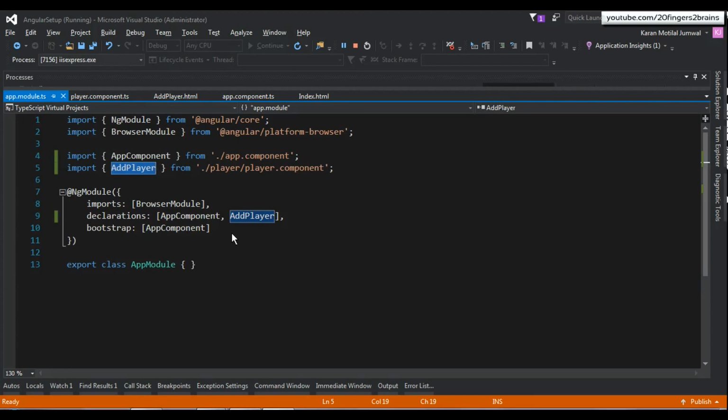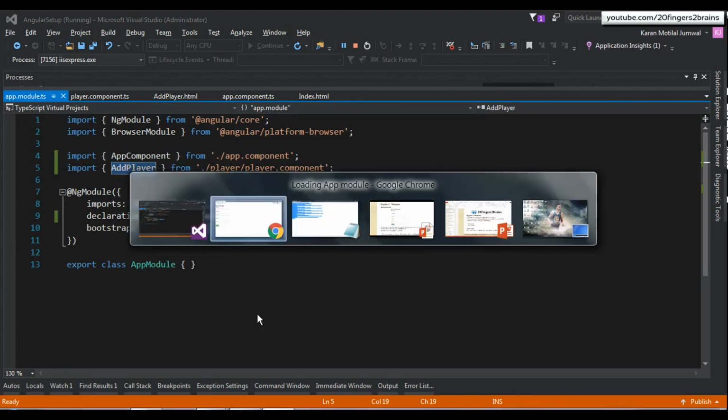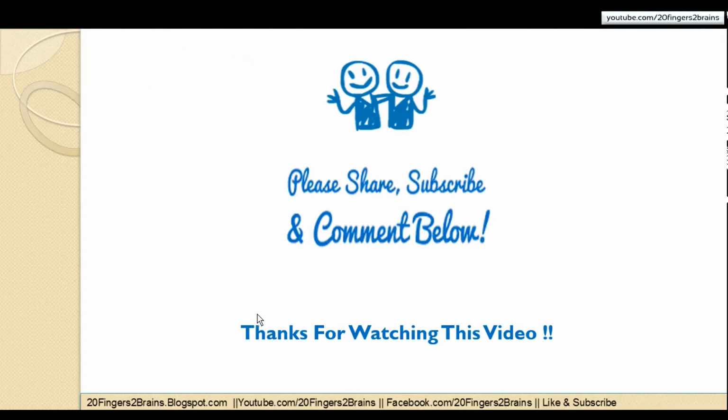So basically you are registering it into the scope of the app module. This way you can use inline or linked templates, and you can even create directives and use them in app modules or different components. So we are done with our video, and